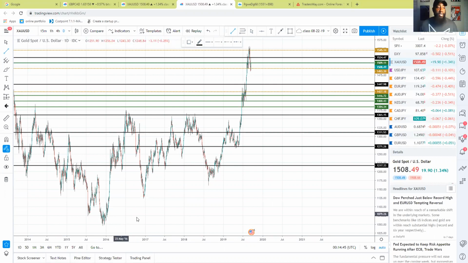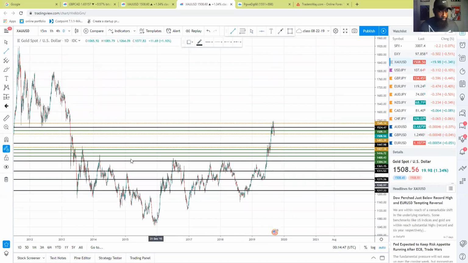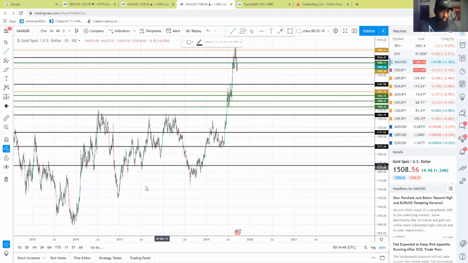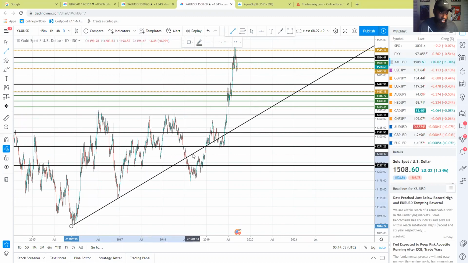You're looking to find price moving at an angle. And price moves at an angle or diagonal a lot. So you can grab trend lines from any point and drag it across. If I grab from right here and drag it up, I'm just trying to see where it's going. Like for instance, that's a good trend line right there. What makes this a good trend line is I have multiple